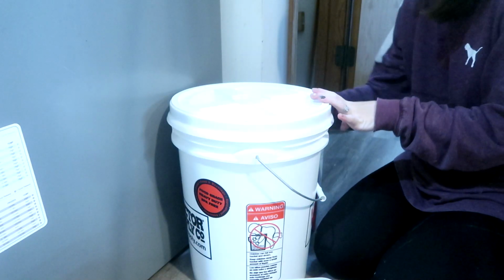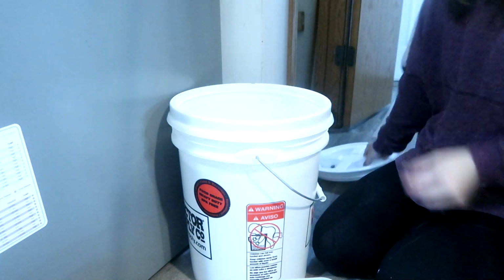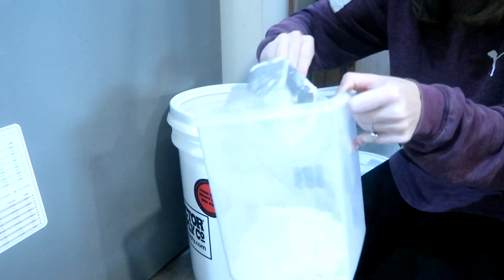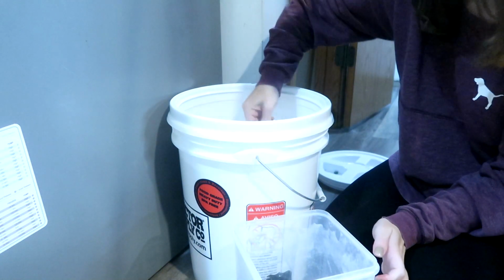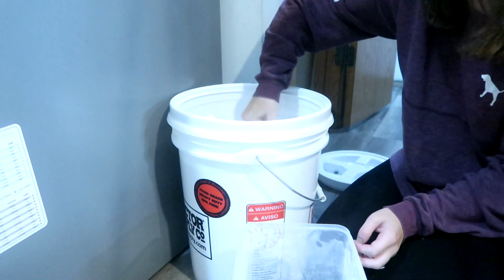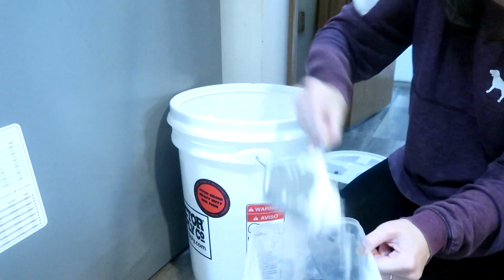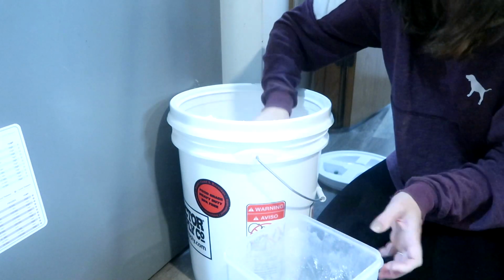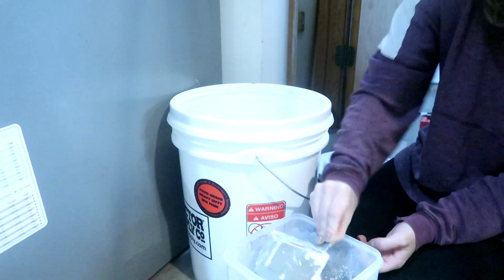To get this project started, I just took absolutely everything out of the pantry and swept out the shelves and the bottom just to give us a fresh start. And now I'm going to refill my flour container here so that I can get my bucket of flour back downstairs where it belongs, and it can stop floating around my kitchen, because that's basically what it's been doing the last couple of weeks. I brought it up here to refill my container, did not make it a priority to actually fill up the container, so